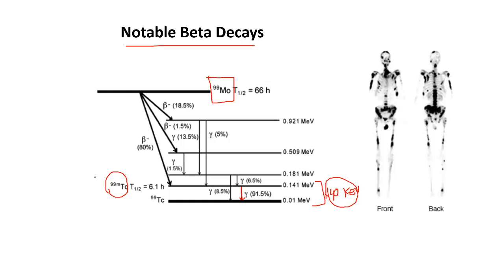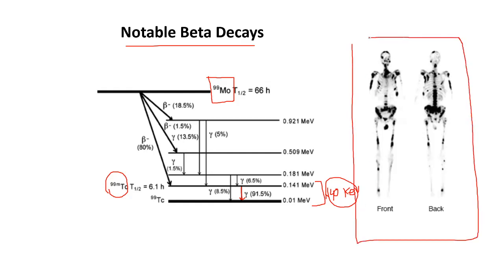Technetium-99m is used as a radionuclide for tagging many substrates, like technetium-labeled MDP or any other radiopharmaceutical for getting medical images. In this case we are getting a bone scan, which is a bone scan of technetium-99m methylene diphosphonate. So this nuclide is very useful for medical imaging. And how are we getting this image? Because of the decay from molybdenum-99 to technetium-99m.